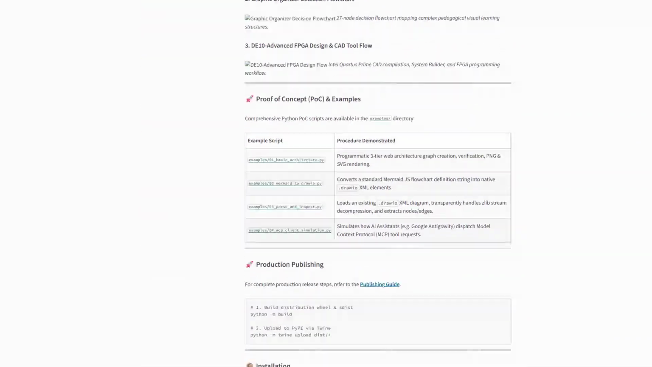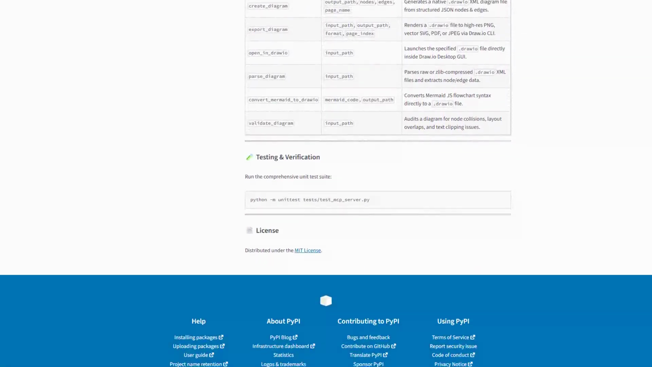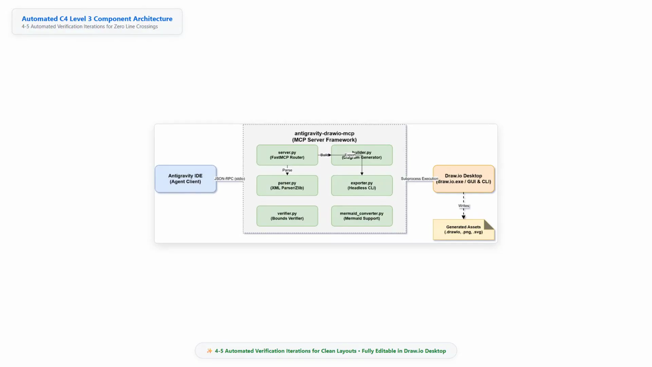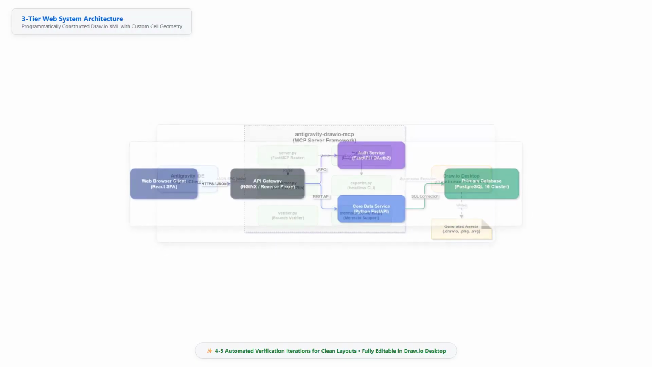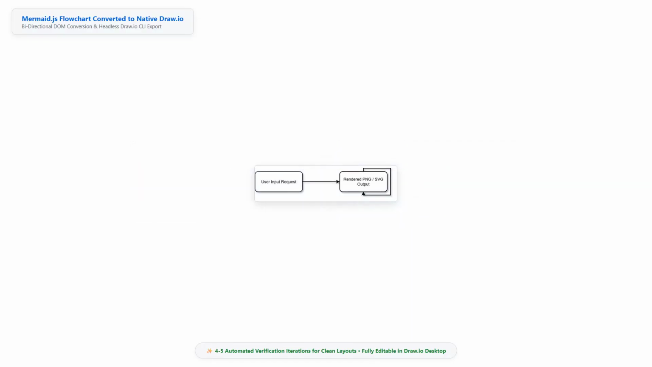It features automated layout collision verification, native libxml decompression, and seamless headless exporting to high-resolution PNG, SVG, and PDF files. Whether you are designing multi-tier cloud architectures, SystemVerilog UVM testbenches, SoC hardware interconnects, or FPGA CAD flows, the system performs around 4 to 5 automated verification iterations to eliminate overlapping lines, resolve boundary collisions, and produce clean, publication-ready